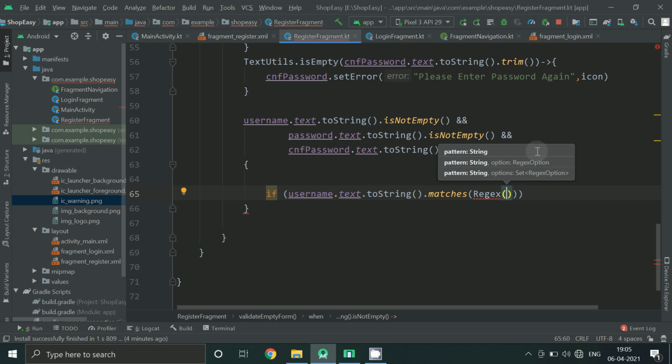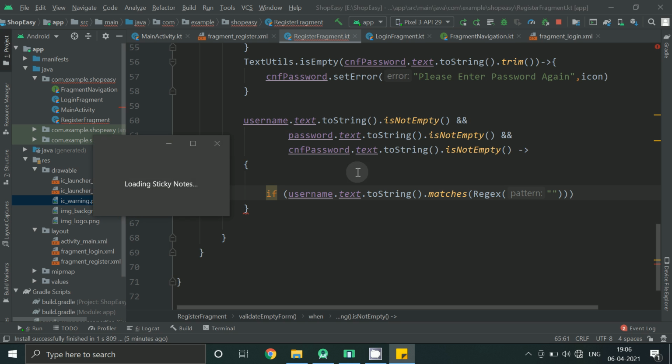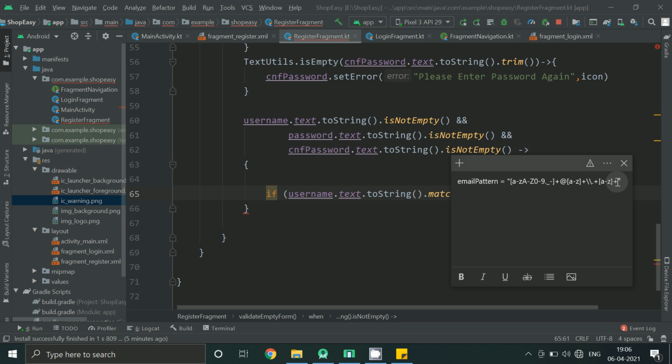So now I will check if my username has the correct format of email ID or not. So this is the regular expression for checking email ID. So I'll copy it here.